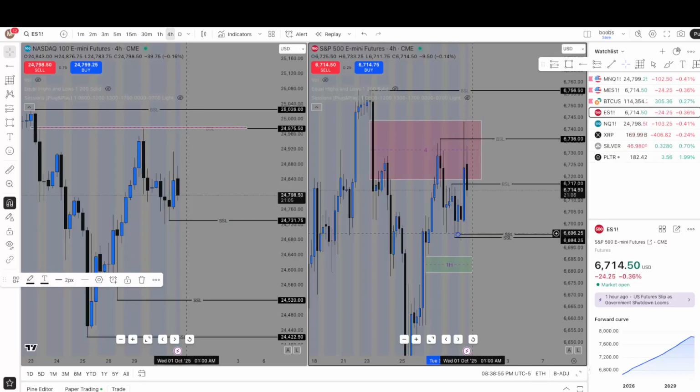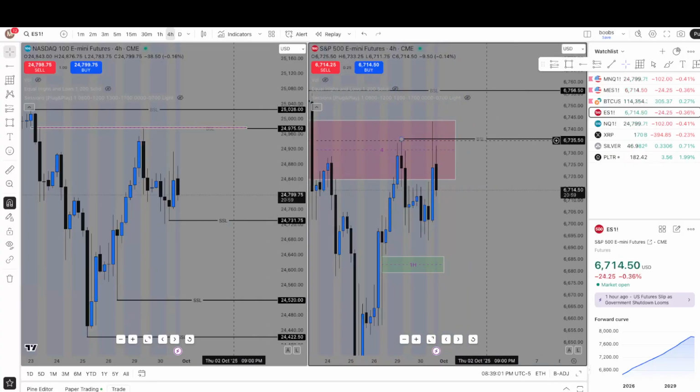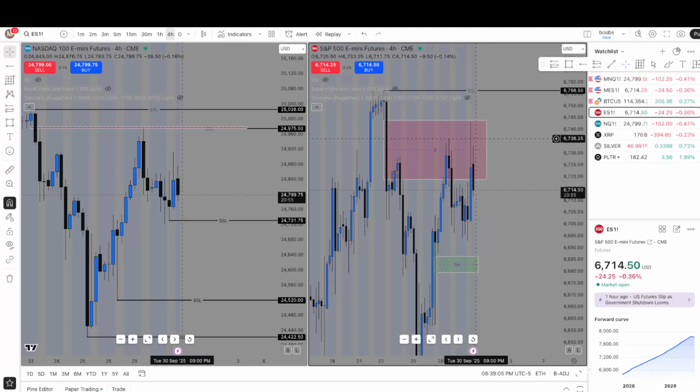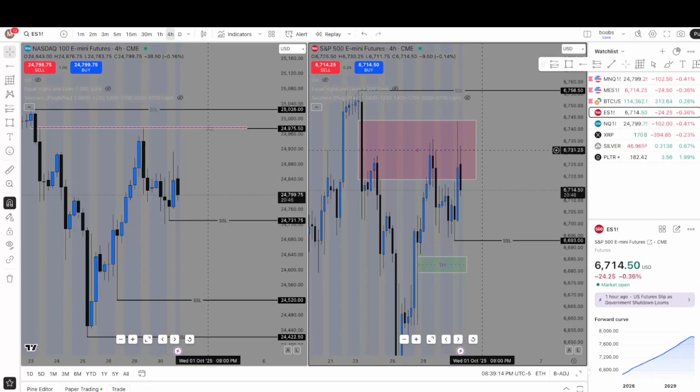So I ended up getting the SMT today. We have a 1 hour resting right there. We can get rid of this buy side liquidity, and this buy side liquidity, this 4 hour too. I don't doubt that we sweep sell side going into tomorrow. Maybe Asian session does this or London session does this, and we sweep sell side and we end up coming back into this 4 hour and inversing it.